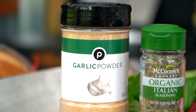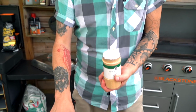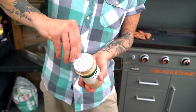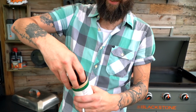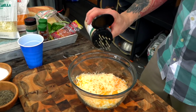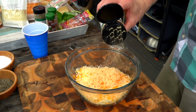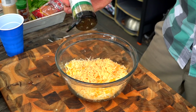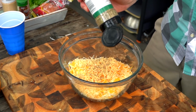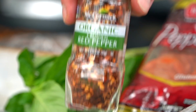Stinking cheddar. Speaking of cheddar, seasoning time. So we've got some, oh, you are kidding me, bro, really? Oh, dude. Come on. Always. Why do you, jeez, man. What? I'm blaming you on this one. You can if you want. Okay, I'm going to. We've got some garlic powder. Gonna be pretty generous with this because it is a mild Italian dish, and we do love that garlic. Now we've also got some Italian seasoning. You can use whatever one you want. Cap off of that one. Well, thanks, guy. And then for a little bit of heat, you guys,